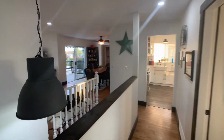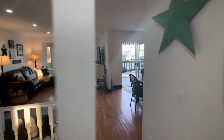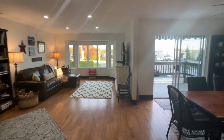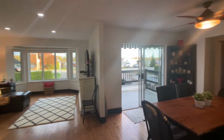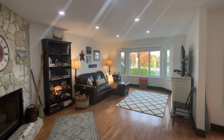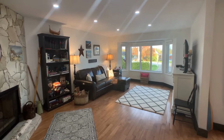And I'm just gonna come back out so you get a really good feel of the flow of the house. Good separation of space here and lots of room for entertaining guests upstairs and downstairs. And if you have a child that is going to university or high school and they just want their own space, that downstairs space is perfect for that. Okay, or a man cave, of course. Great, okay, so